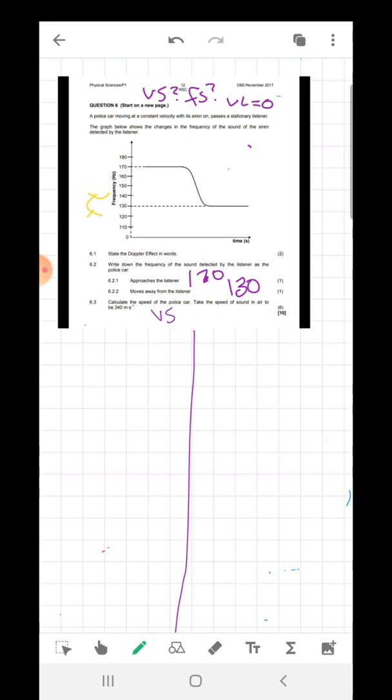But we do have 2 different FLs. And whenever we have 2 missing unknowns, we know we have to do simultaneous equations. So we need to set up 2 equations, and we happen to have 2 different FLs: one for approaching, when the police car approaches the listener, and one for when the police car moves away from